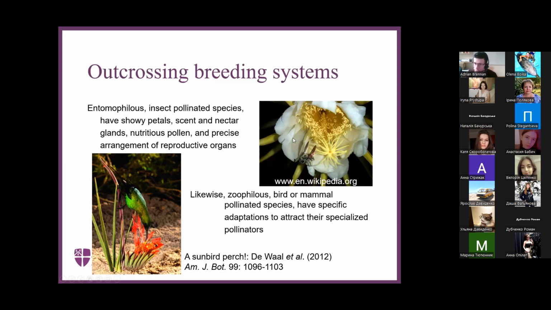So if you're pollinated by something that's active at night, your flowers will probably be very pale or white. You're relying more on things like scent. If you're pollinated by birds, for example, birds see very well in the red color spectrum, so your flowers will probably be red or orange. Beaks, of course, lend themselves to being pollinated by tubular flowers, so the flowers will often form tubes as well. And this one is giving the plant a landing platform as well.